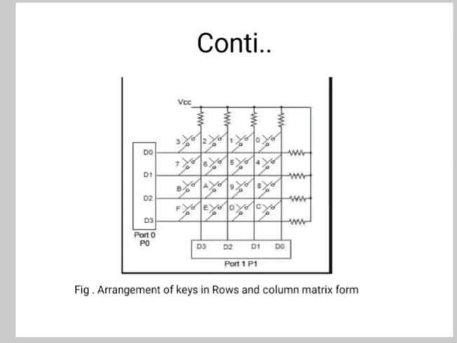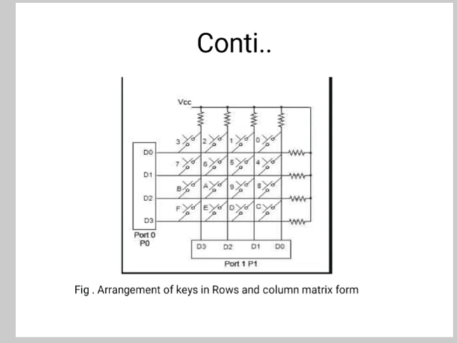As an example, let us say the key with the number 1 is pressed. This causes the D1 column to go to logic 0 as it shorts the row D0 with it. For port 2, the values are currently D3, D2, D1, D0 is 1101. Then the 0 indicates that a button in the D1 column is pressed. So we have identified the column now. Next we will identify the row.